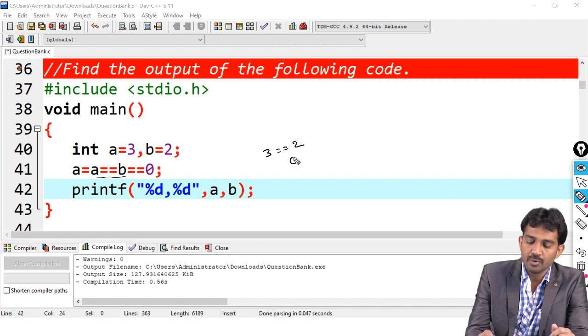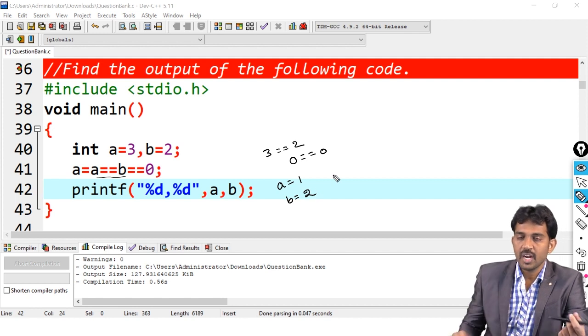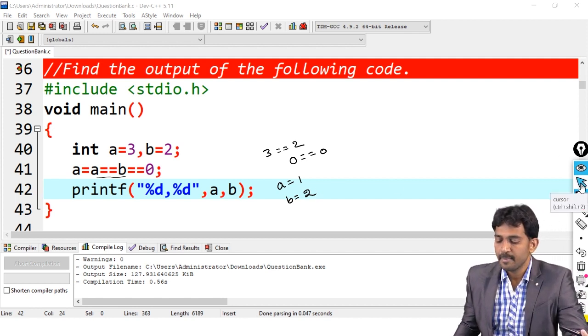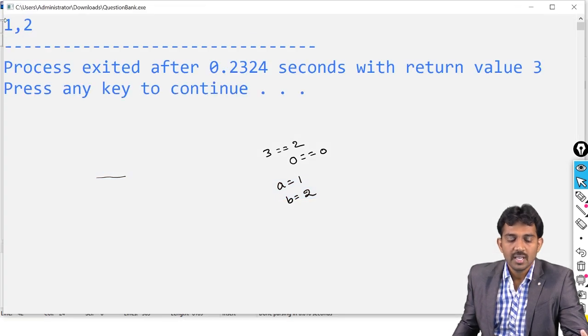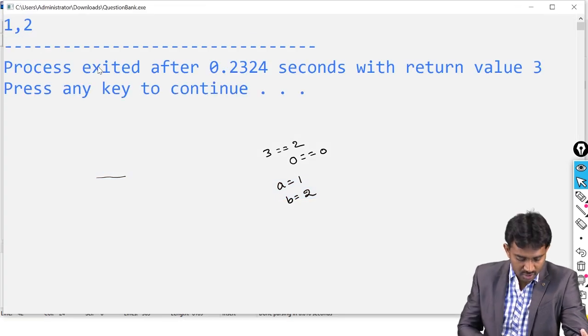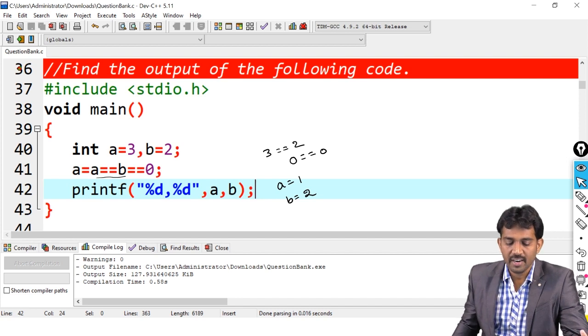It is going to return 0. Is equal to 0, condition true, right? It is going to return 1. Means a value is 1 and b value, there is no change, right? b value is 2. Now see, if you run this code, yes. a value is 1, b value is 2 because first you print a value, right? a value is 1, b value is 2. Is this clear?